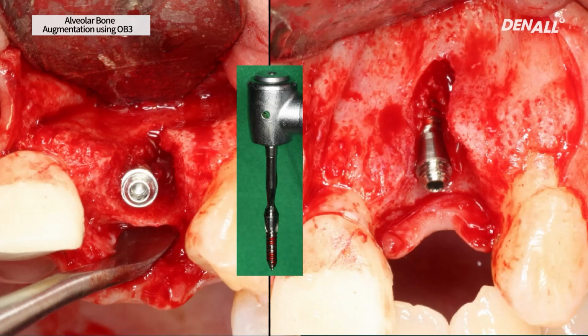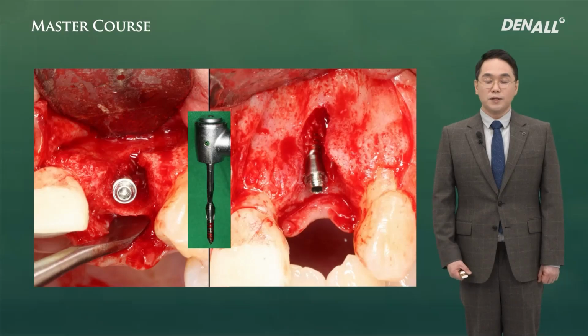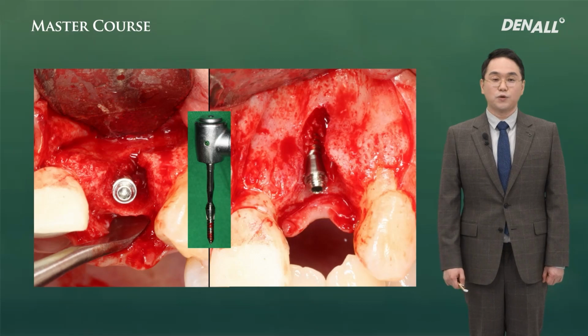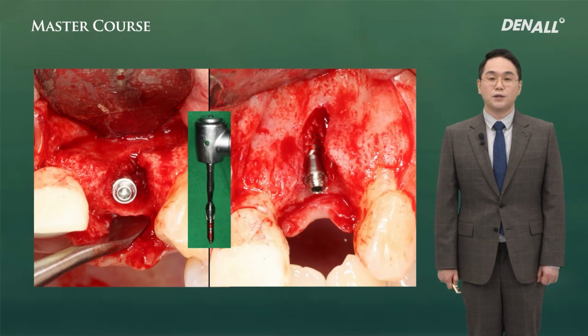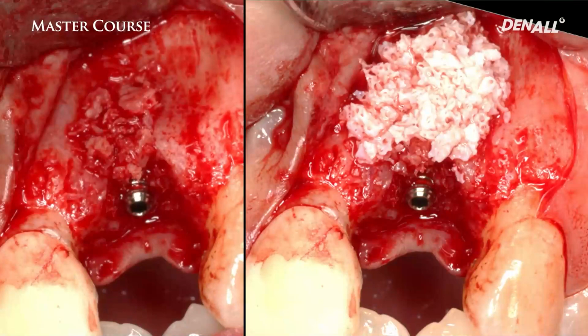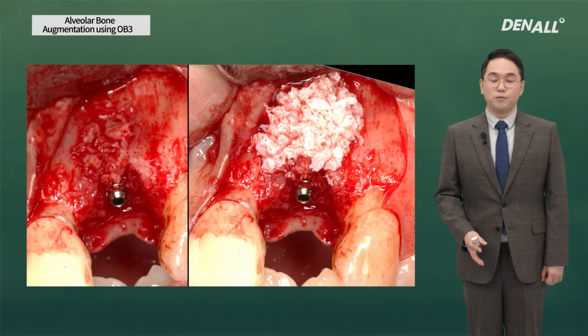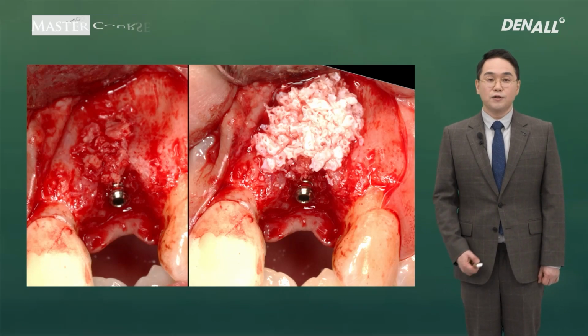After that, around the tenting screw, bone graft is done. For the bone graft, the ideal bone housing should be made for later placement of the implant. So bone graft materials are positioned even outside the extraction window. The sandwich technique is used. Allograft in the extraction window and a low temperature sintered xenograft like AO outside are put in for overall augmentation to maintain the space and to form an ideal alveolar bone housing around the implant,